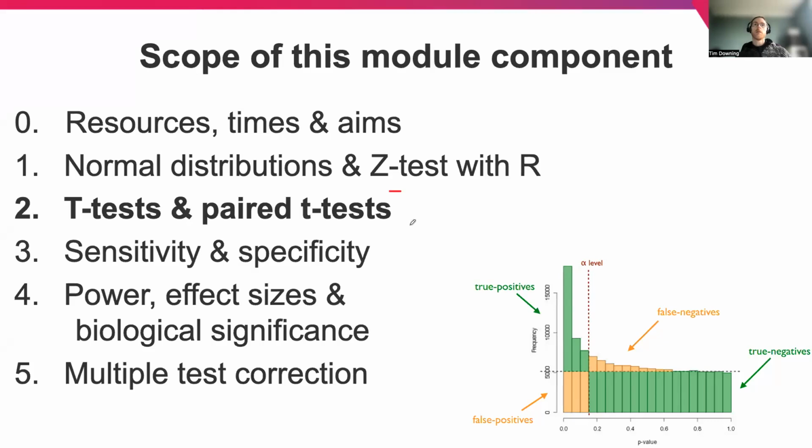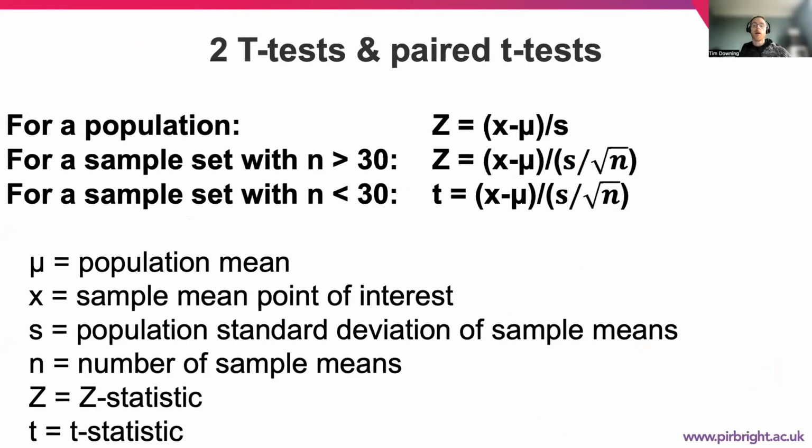So in this video, let's look at the t-test now, and let's also consider that we had our initial Z distribution for our data set, and we're comparing a particular data point X compared to the population mean for that entire population comprising that data set, and a standard deviation to look at how that data point fits into the wider distribution. And we have a comparison that if we have a large number of samples, we can test that sample mean X against the population mean mu, adjusted for the standard deviation over the square root of n, where this